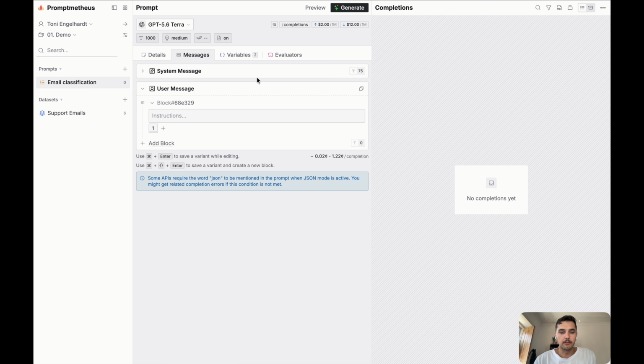And let's collapse this for now to get some more space for our user message, which we start off with a task. Just gonna copy paste this in here to save some time. Say classify the following support email provided by user. And